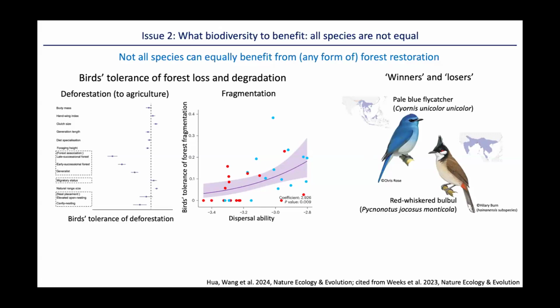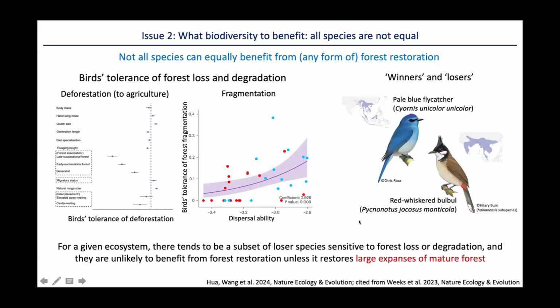So the species on the left would be considered a loser, because it tends to be harmed in the process of human modifications of the natural environment. Whereas the bulbul here represents a whole suite of species that might be considered winners. Now, the point I want to make here is that when we talk about forest restoration, not all species automatically